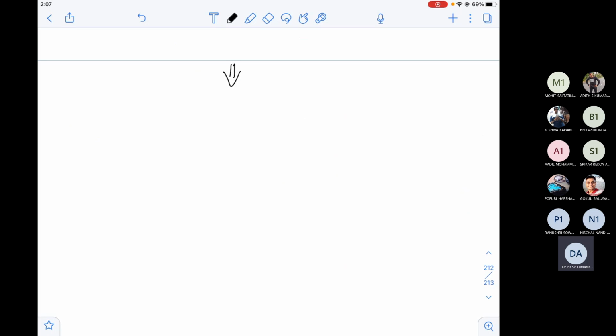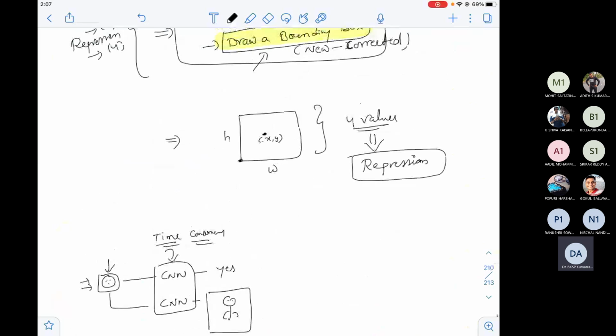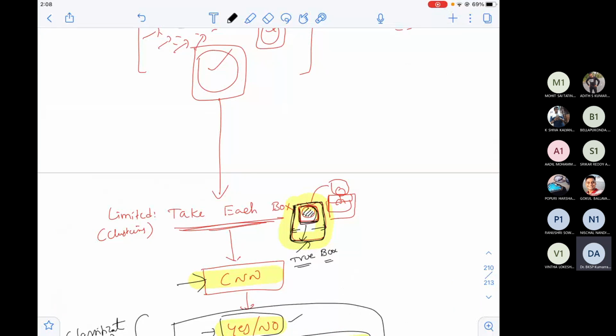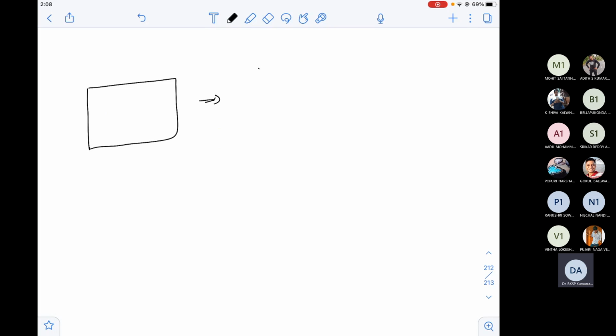So what exactly were we discussing in the last class? We are in the process of trying to come up with our own architecture for object detection. What we started with: I have an image. An image is basically a matrix according to the system, and I'm not sure where exactly the required objects are present. It can be here, it can be here, it can be here, and it can be of any size.